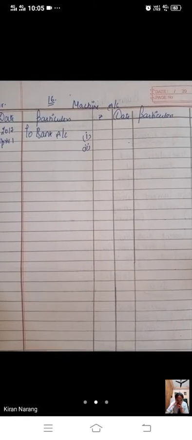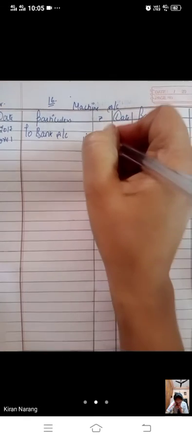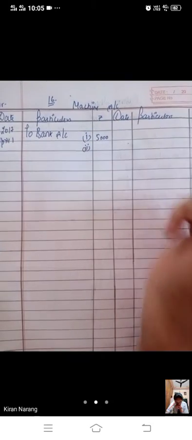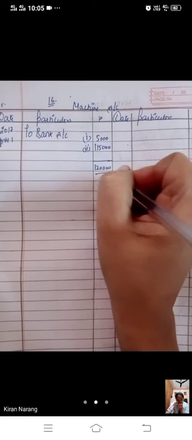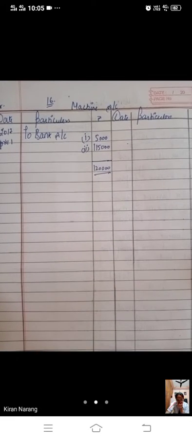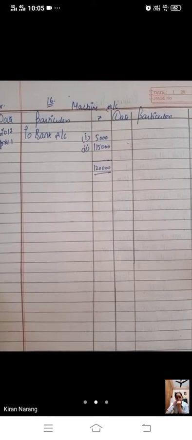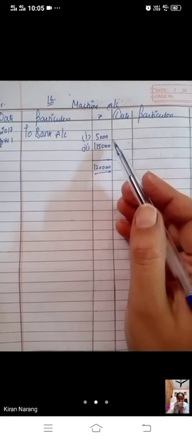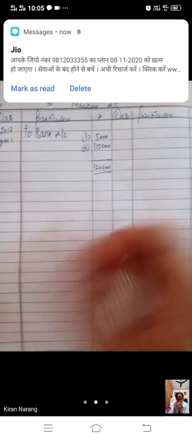In place of 1, we can write 2. I am going a little bit different from the book. So in place of 1, we can write 2. 5,000, we will consider this was the first machine, and the remaining 1,15,000. In total, we have purchased a machine costing rupees 1,20,000, but we will consider it as 2 machines: one part of 5,000 and one part of 1,15,000.